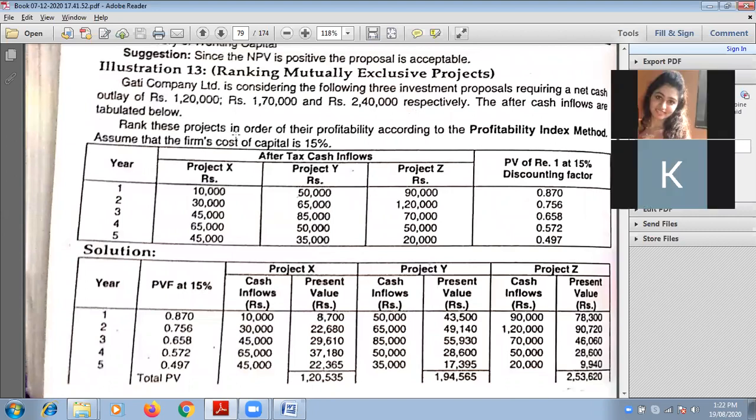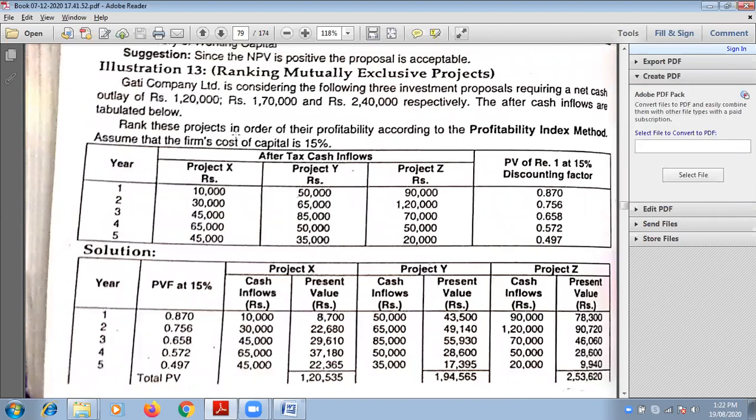Yes, I have that. 13th sum is homework. You have to do two methods, payback period method and discounted payback period method. 13th sum with payback period method and with discounted payback period method. Three projects are there: Project X, Y, Z. So how will you do it? Starting with payback period method, you will do it for X, Y, and Z and write down a note. And then you will do discounted payback period method for X, for Y, for Z and write a note for discounted payback period method.